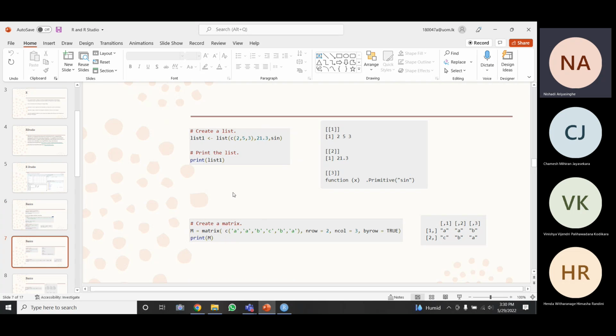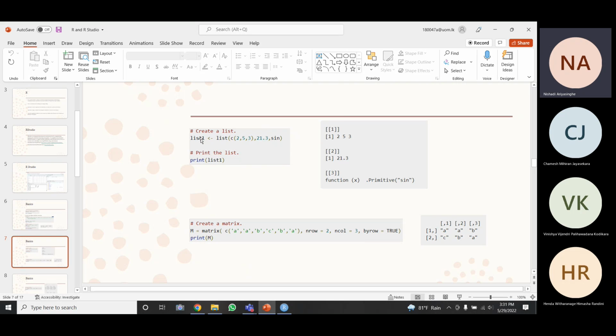So that was about a vector. Here this is how you create a list. A list is something like this: in one row there are certain values. There can be vectors and variables and functions. All of them can be included in the list, right? It is a list of something. Variables, functions, arrays, all of them can be included in the list. So this is how you create a list.